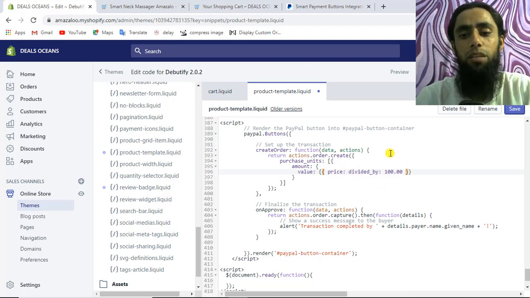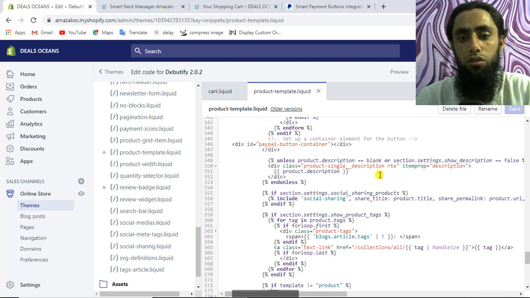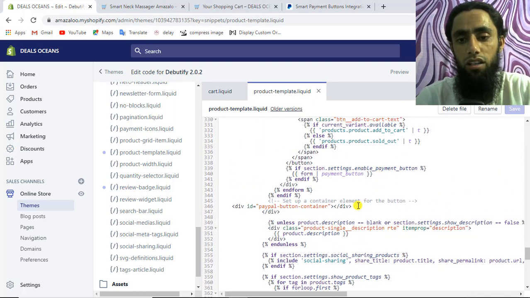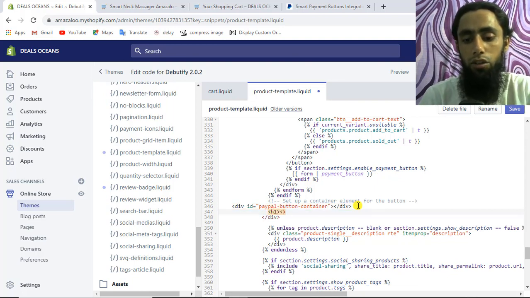So once again let me show you why I have written this in this way. Let me show you the values. For example, I have these buttons here, so I'm going to write an h1 tag here, and I'm going to show you the price value. So we have hello world.